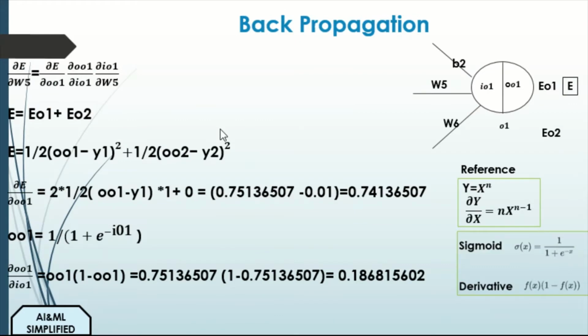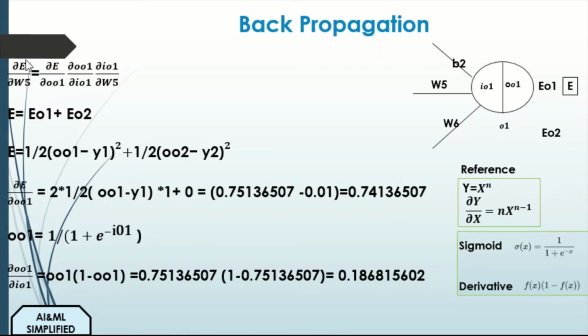Now, since we have computed the error, the next step for us is to compute the gradient of this error and then work on updating the different parameters, like different weights and biases, through the network, through the process of backpropagation. So the first step is to compute the gradient of this error with respect to weight W5, for us to be able to update this weight W5. Here we will apply a simple chain rule.